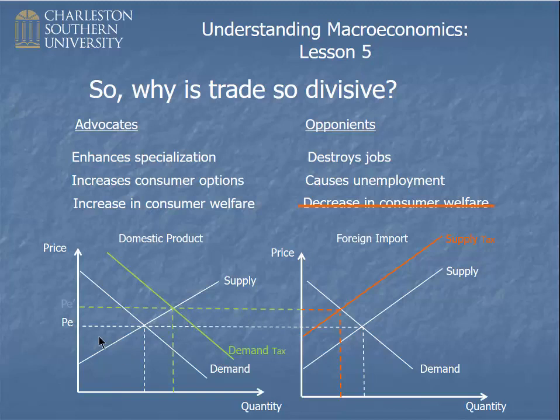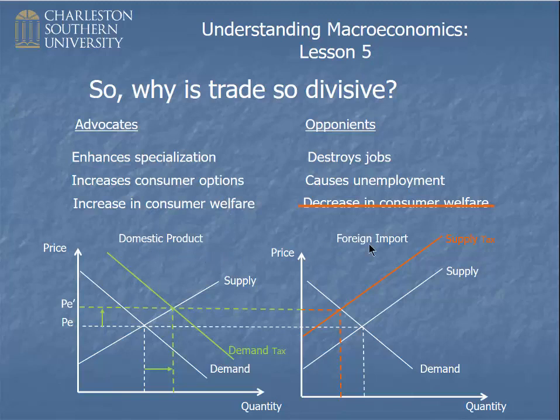So this is fantastic news for the domestic producer because the price has gone up and sales have gone up, right? Price has gone up, sales have gone up in the domestic market. Prices also gone up in the foreign market, but that's because of the tax. The foreign producer doesn't get that money, and their sales have gone down. But people who think this is a good idea, they don't really care what's happening in the foreign market. They only care about this. So they look at this and they think it's all good. But what they fail to realize is what else happens downstream from this.